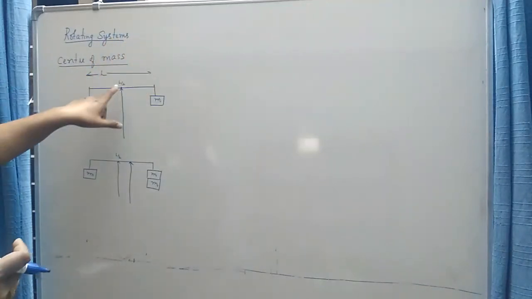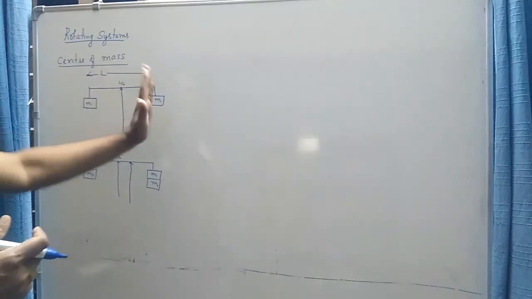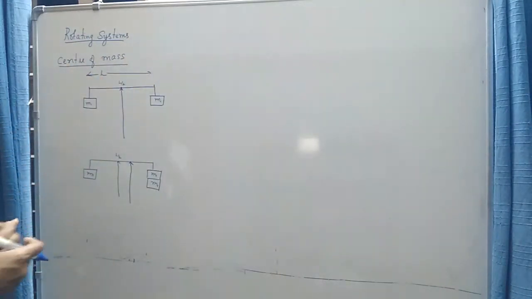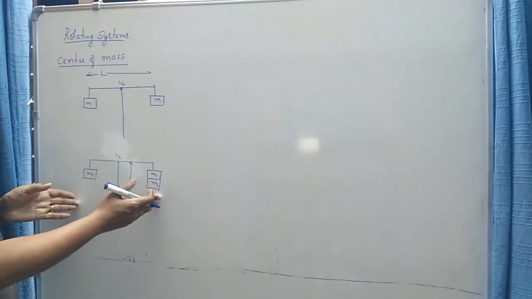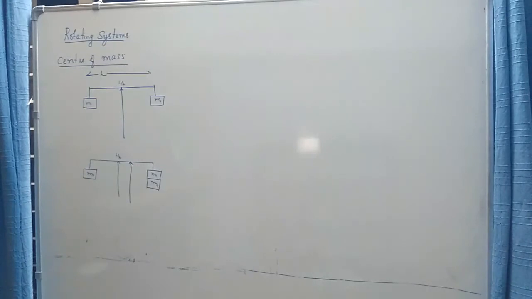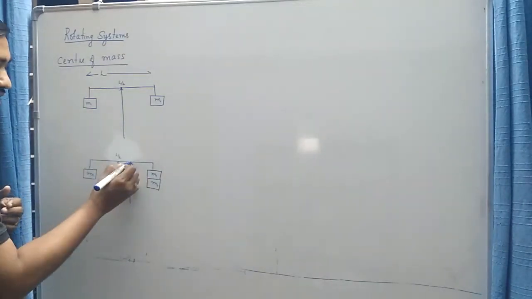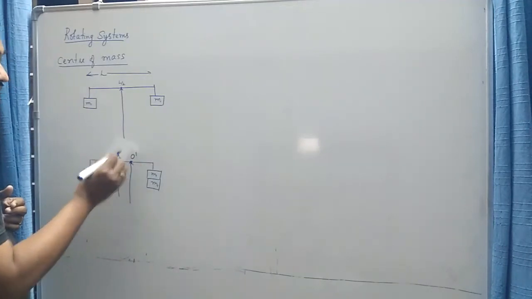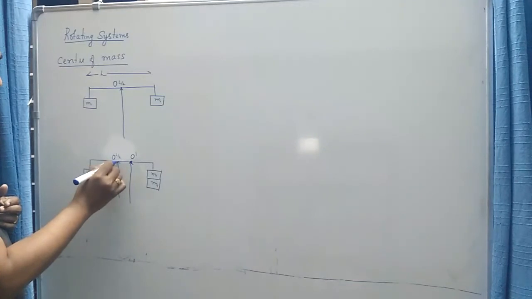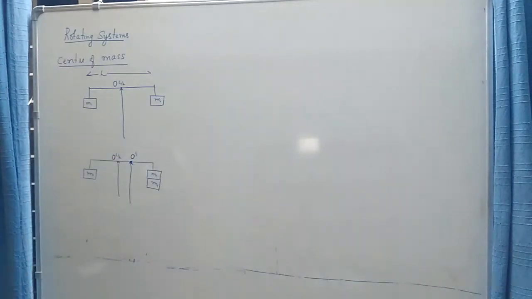For example, here the balancing point is in the exact midpoint between the two masses. But if the system is non-homogeneous, because you have greater mass on one side of the metal bar, in such cases this balancing point will be more towards the heavier mass. So in this case the balancing point is somewhere here. If I take it as O dash and the original as O, the balancing point has shifted from O to O dash, that is towards the heavier mass.